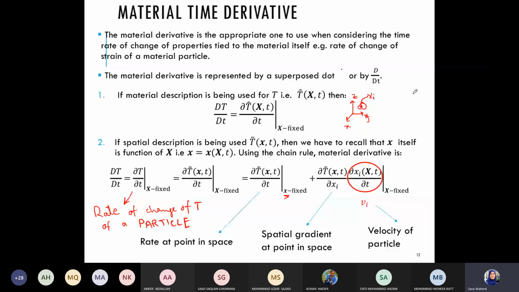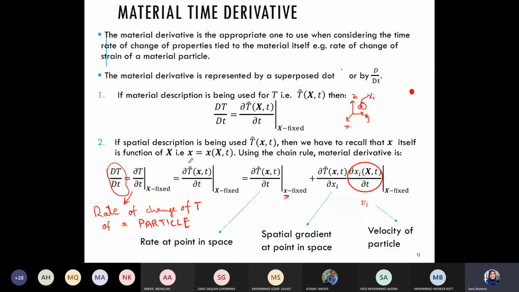There's been some motion. Now I want to find this capital D T by D t, लेकिन मेरा इशू ये है कि मुझे टेम्परेचर पता ही नहीं है विद रिस्पेक्ट टू द पार्टिकल्स। मुझे एक्चुअली टेम्परेचर स्पेस में पता है, पार्टिकल्स का नहीं पता, मुझे उसकी जस्ट स्पेशल डिस्क्रिप्शन पता है।